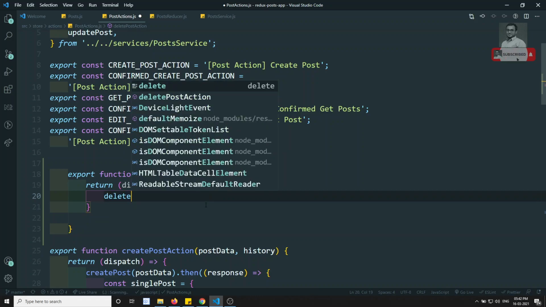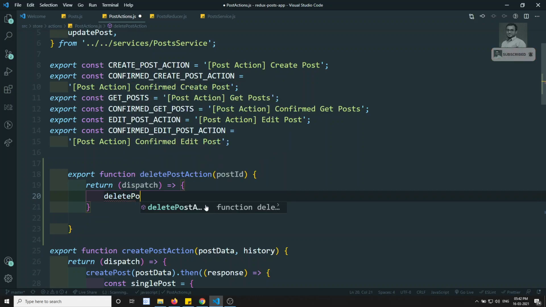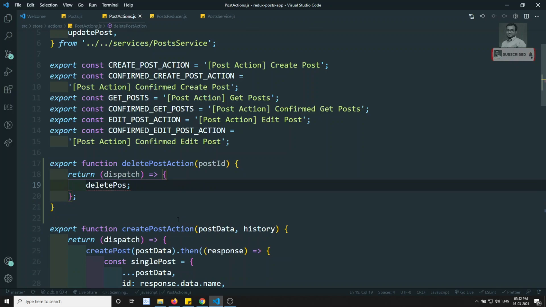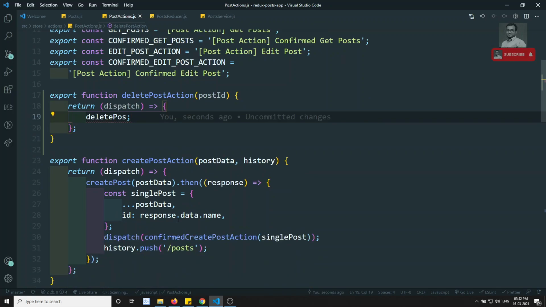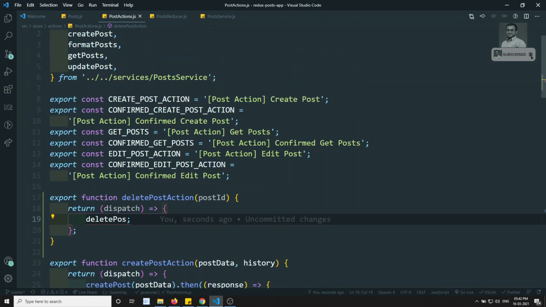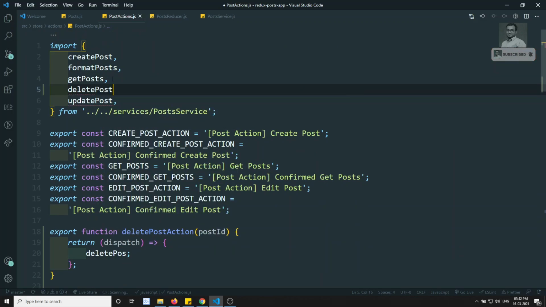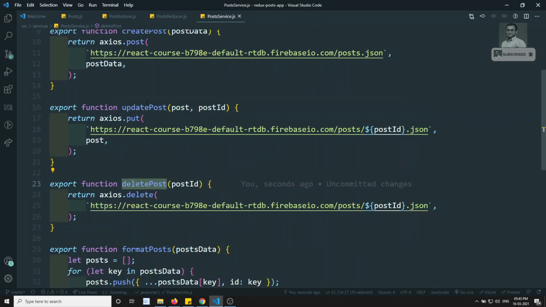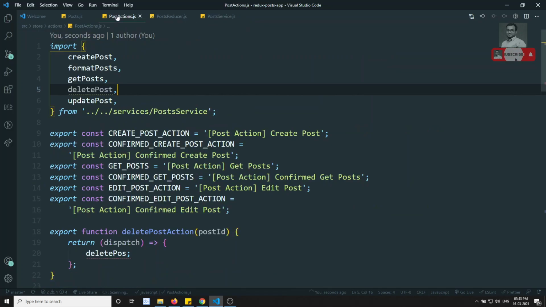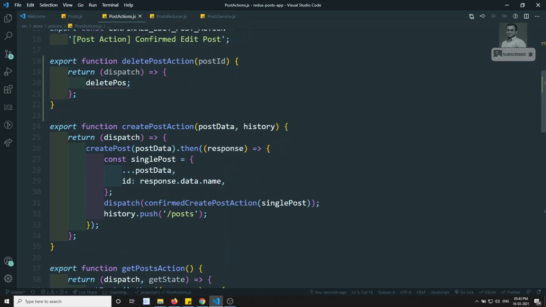Let's try to do this one, deletePost. Here I will try to use deletePost. Fine, right? Now, in the post service we have added this deletePost, right? So in the post actions, deletePost of, we need to send the post id.